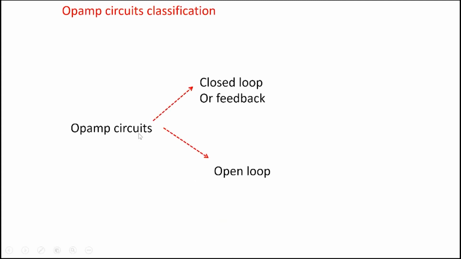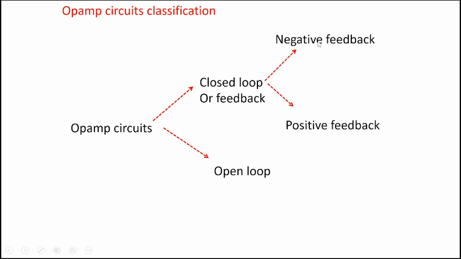So op-amp circuits can be classified as open loop circuits, or without feedback, or circuits which have feedback, also called closed loop circuits. The closed loop circuits can be negative feedback or positive feedback. Now most of the circuits are negative feedback. They're often stable,